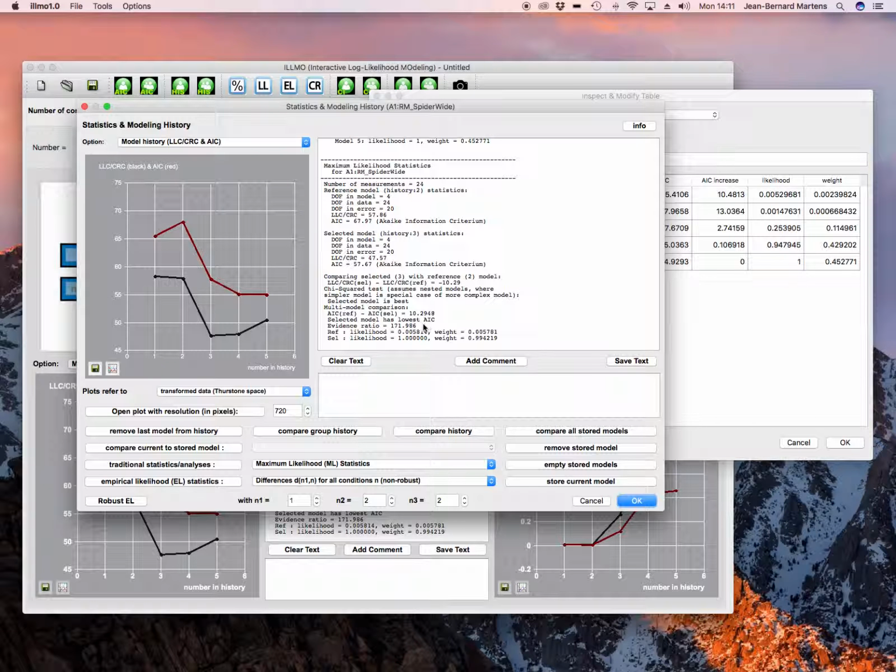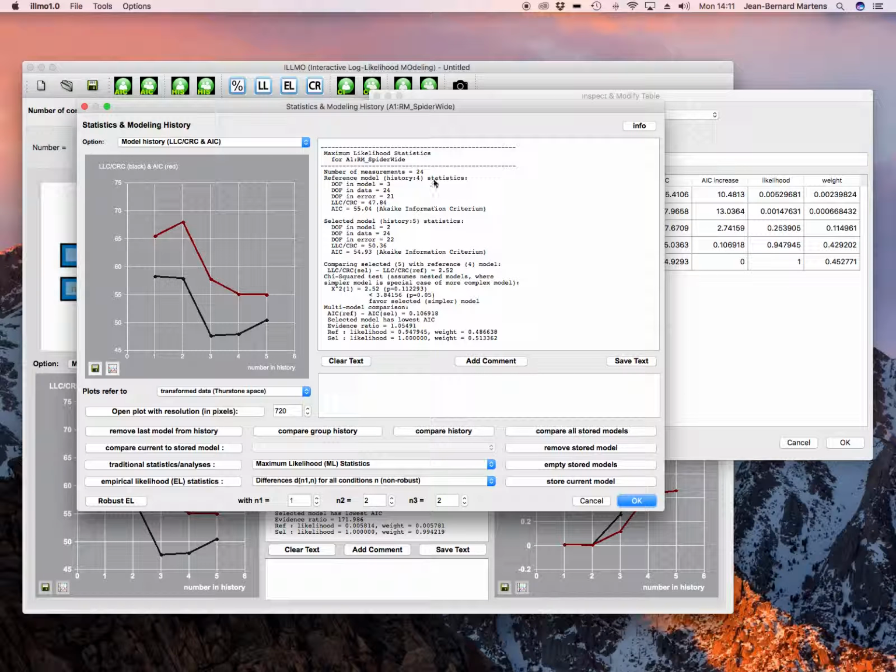So there's very little difference between these. We can always compare the last two models in the history, and we can see that the evidence ratio is 1.5, so that basically means that